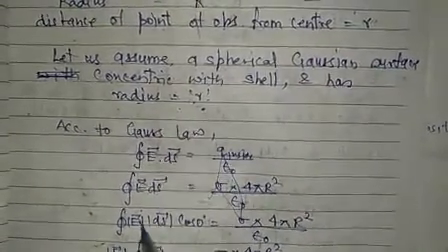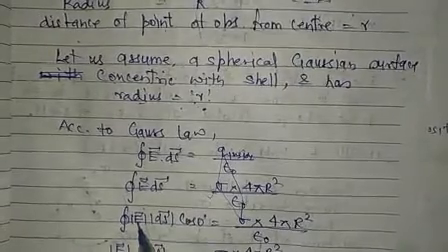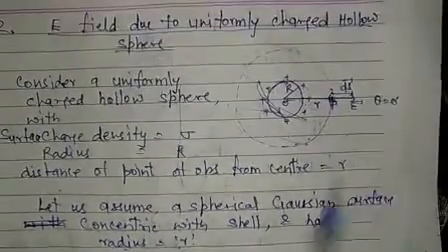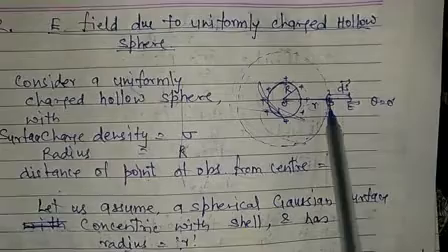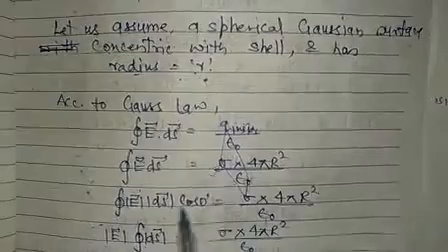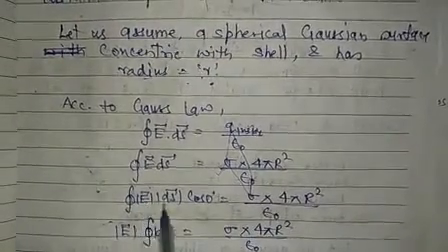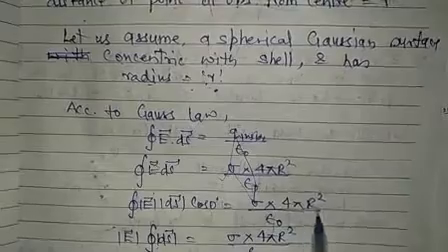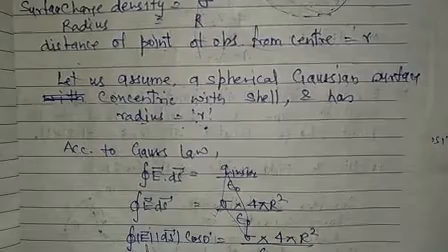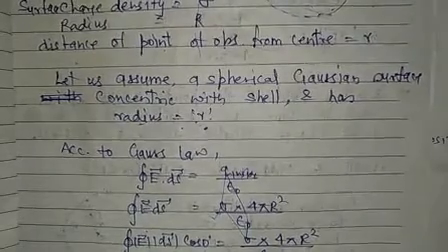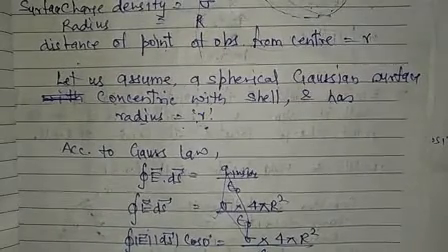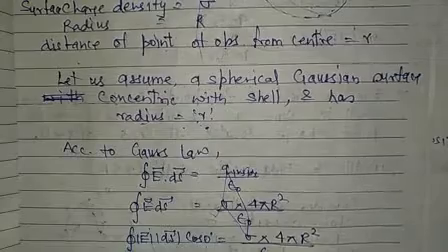Elaborating E dot dS, we can have E, magnitude of dS, and cos 0, since at the Gaussian surface at any point electric field and the area vector would be in the same direction. So we have electric flux E dS cos 0 equal to sigma into 4 pi R square over epsilon naught. E being constant in magnitude at every point of the Gaussian surface can be taken out of the integral sign. So integrating over the entire Gaussian surface, we have E.